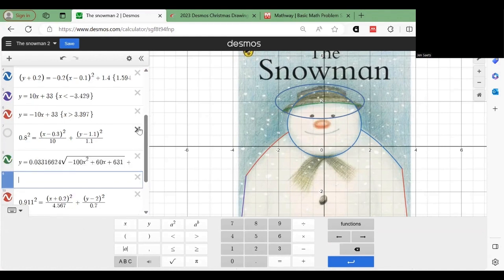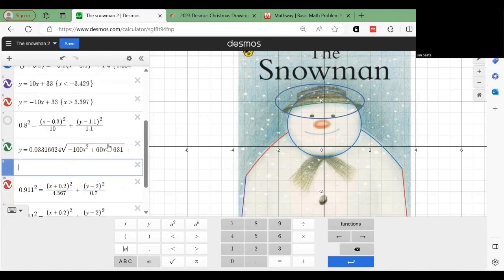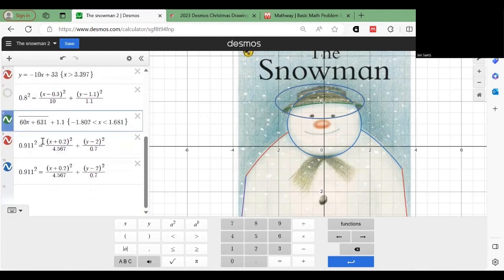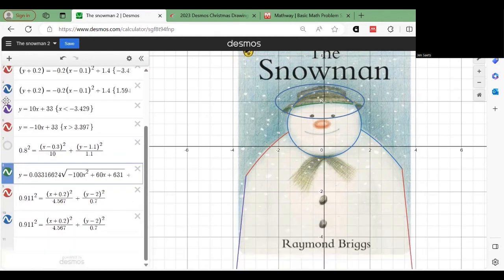Right, we can go ahead and delete that original ellipse, although I think I will keep it because I think the hat stays the same shape up here, so we can probably move that around later. But first, if we go back to that,